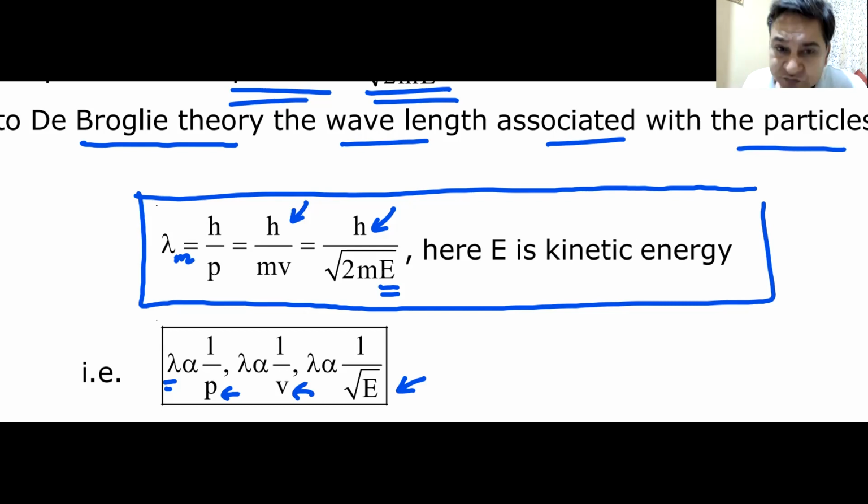Yes, sir. In the above thing, what we have is energy is half mv square. Kinetic energy is half mv square. Momentum is m into v. Momentum becomes root over 2mE. You know this, na? Yes, sir. This is the only thing that you need to remember. This wavelength is known as the de Broglie wavelength of matter waves. Will you remember this? Yes, sir.